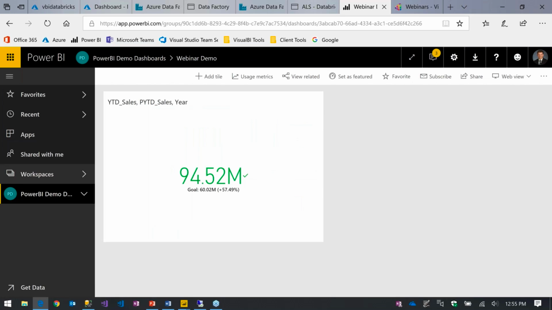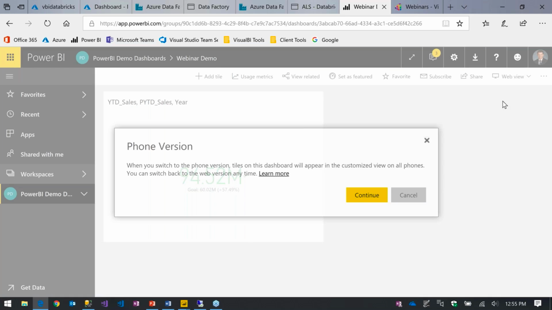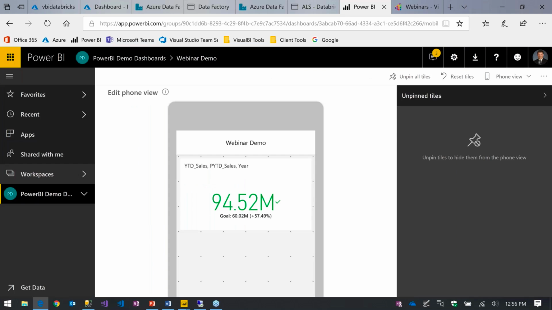So here's my new dashboard. So really the dashboard is the entry point into this tool. It's what you're meant to see first. And then you click on anything that's pinned and it'll take you back down to that report. But like it said here, I'm in a web view. It's pretty cool to show that there's also a phone view. So I can tailor that specifically for a mobile device. So this type of KPI is really good for mobile, but if I have a plot with a lot of data on it, it may be a little much. So I can turn things on and off based on that.